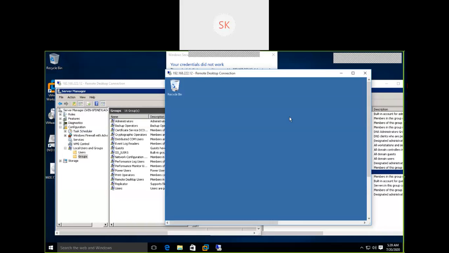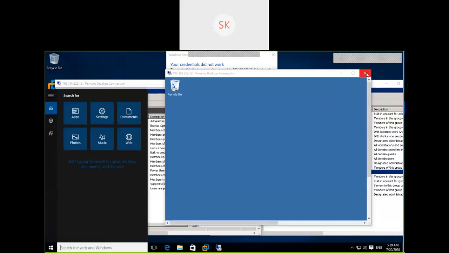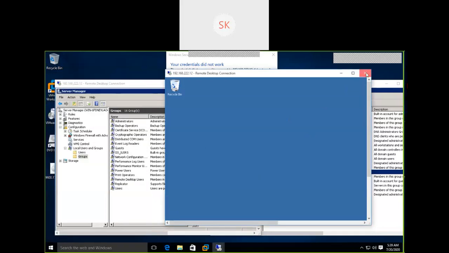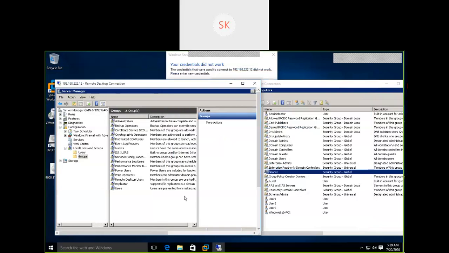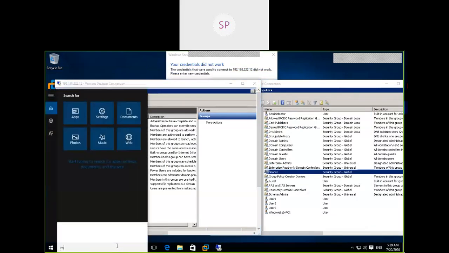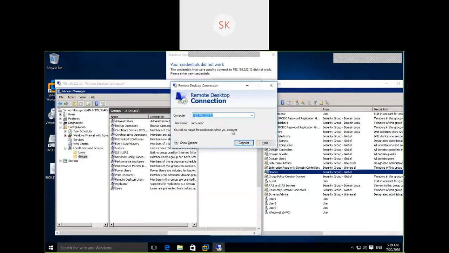For example, there is a system number 3, and I log into system number 3. System number 3 is not added to the domain. It is a workgroup. We'll see whether I get options to add users and other things. I'm going to connect to system number 3 and see.